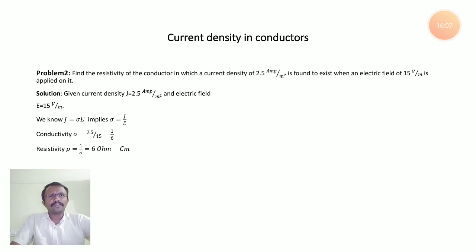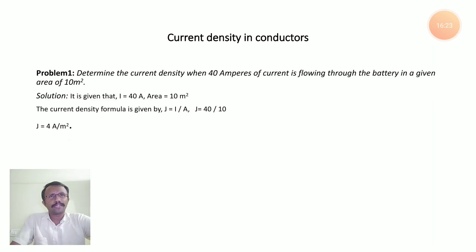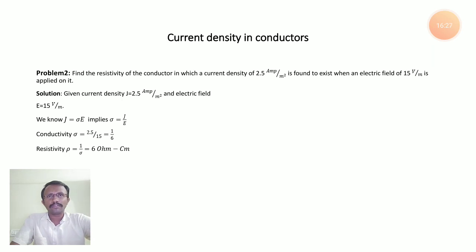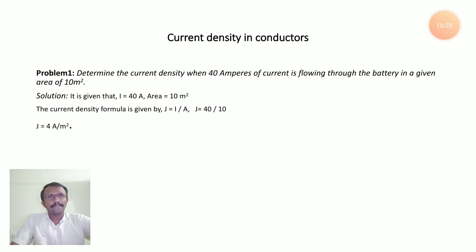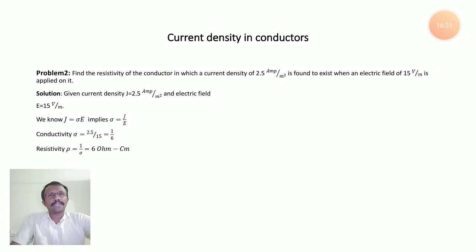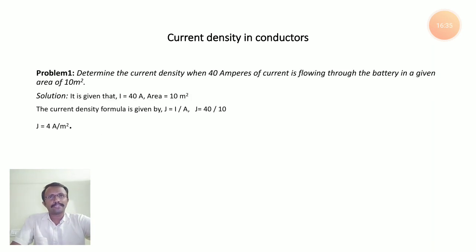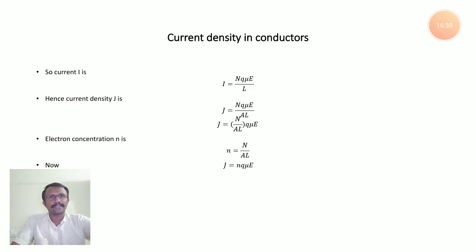In general, since the course is very basic, that is basic electrical and electronics engineering, you don't expect any advanced problems related to current density in conductors. Very basic problems only, like substituting values in formulas, that is J is equal to I by A, J is equal to sigma times E. So this is about current density in conductors. I hope everybody clearly understood this.